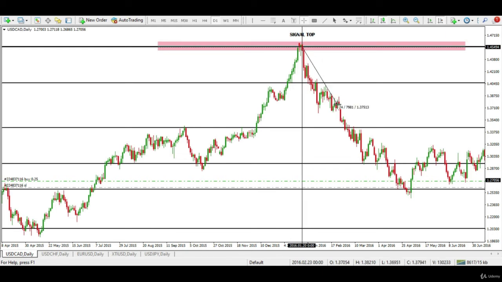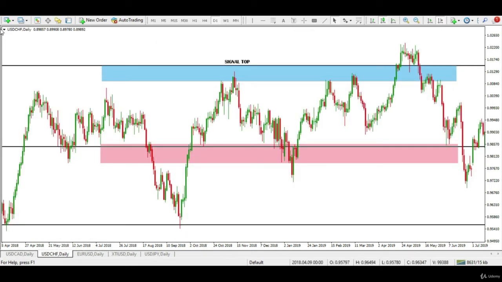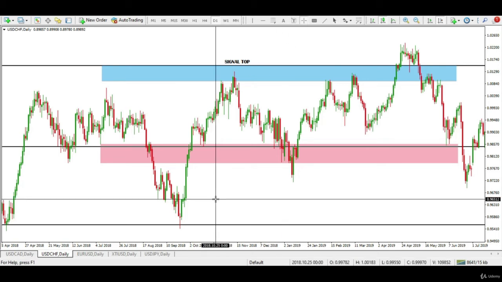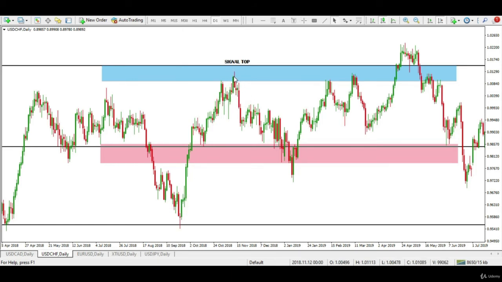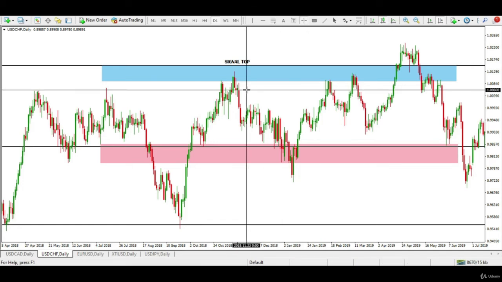Price declined sharply for more than 70 trading sessions on this pair. Let's study another example of signal top. Once again, this signal top appeared after a prolonged trend in price and time. It was once again associated to major resistance. The real body is larger than the tail and candle posted a strong bearish close after opening higher than previous day's close. And following this signal top, price declined sharply in a bearish trend.